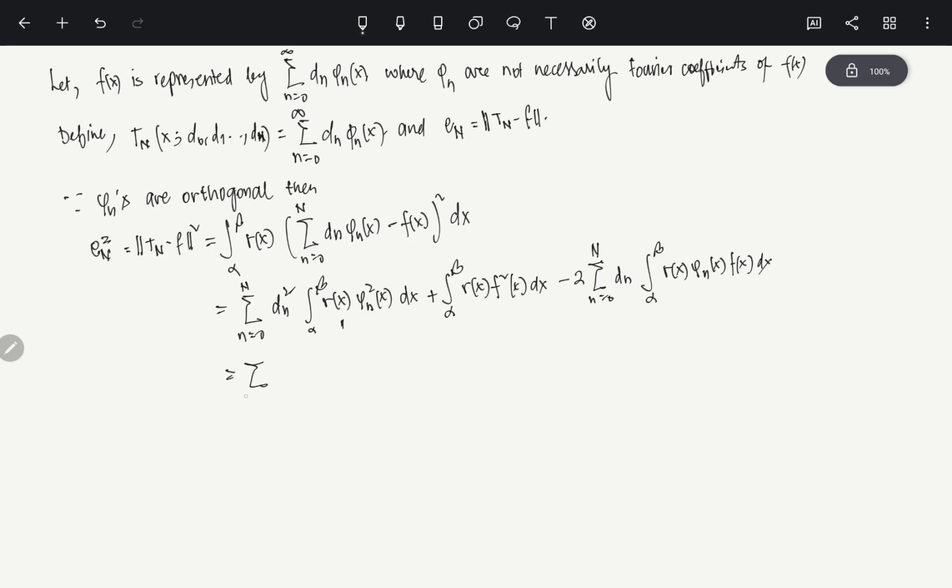Zero to n, I am not writing, so that is given. Because it is a finite sum, I can take the integral inside, so it's not a problem. So this is dn square